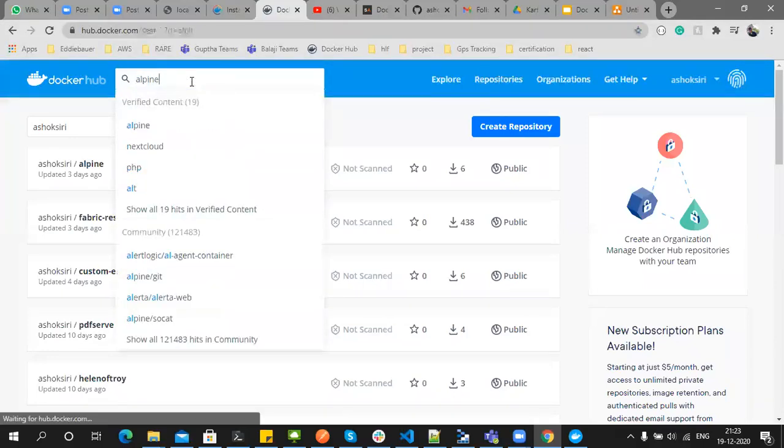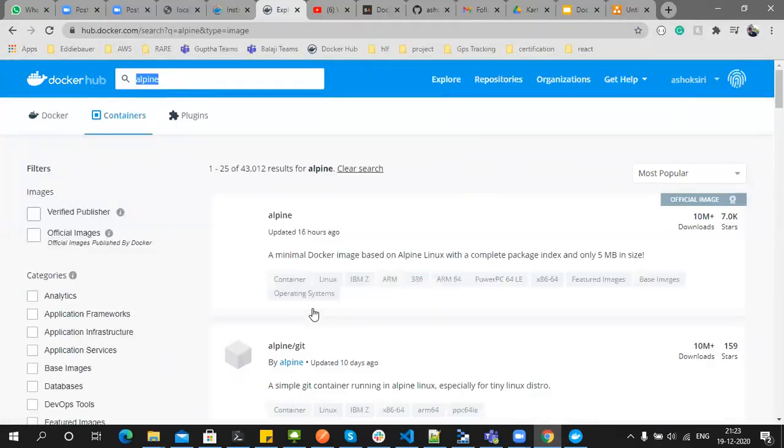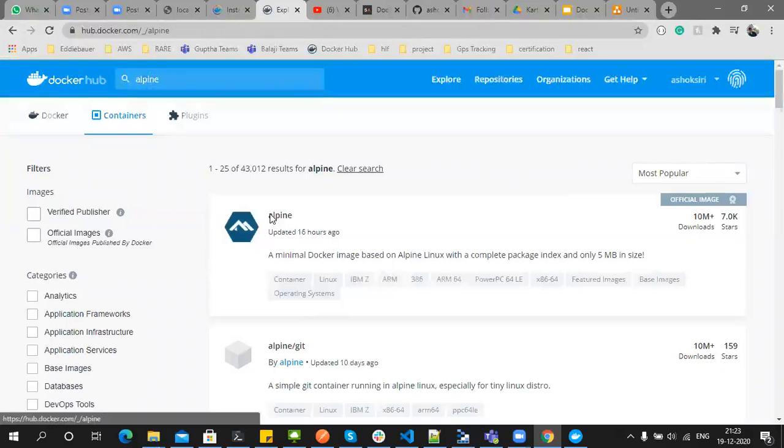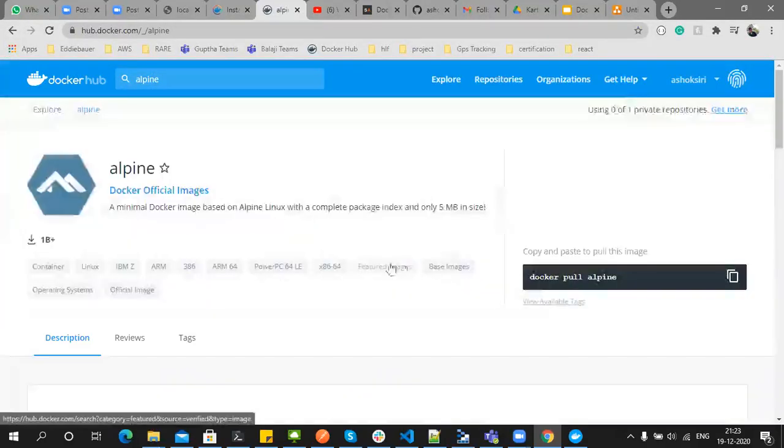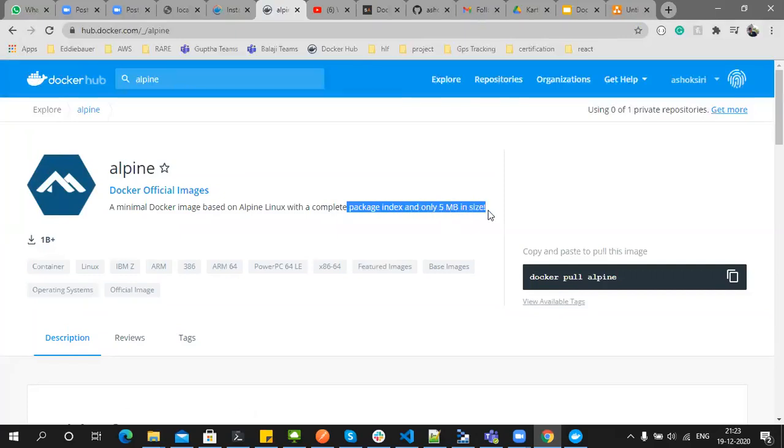Alpine is a minimal OS which can run on Docker. It is only 4 to 5 MB. See, this package index is only 5 MB in size. That means the minimum runtime of the OS is 5 MB. You can't imagine, right? A virtual machine with Ubuntu will take a minimum of 2 GB. This is how containerizing with Docker works.